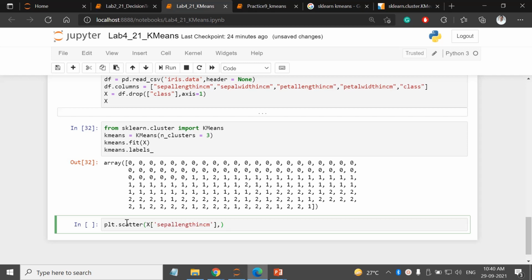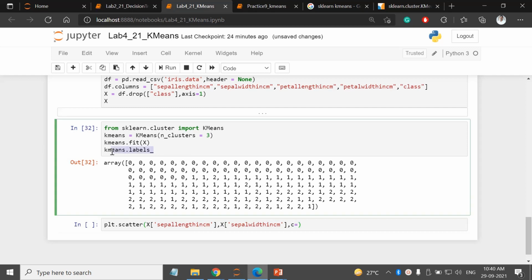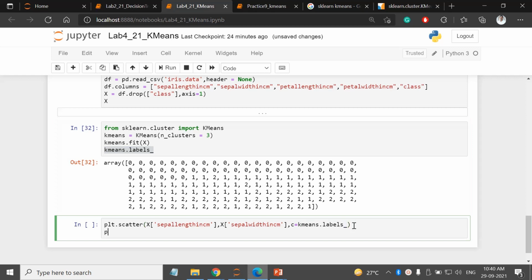I have copied that. Then for the second attribute, instead of length I have to use width, and color them based on the labels. And plt dot show.